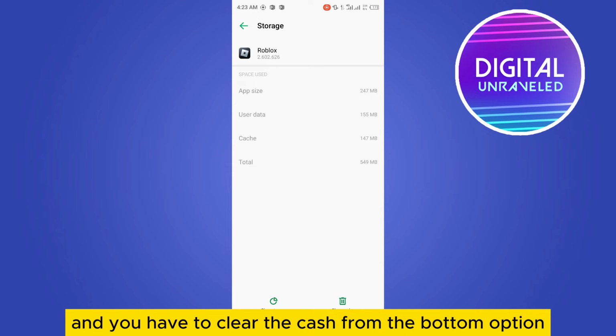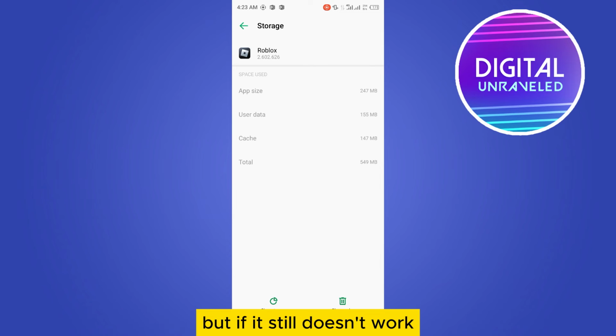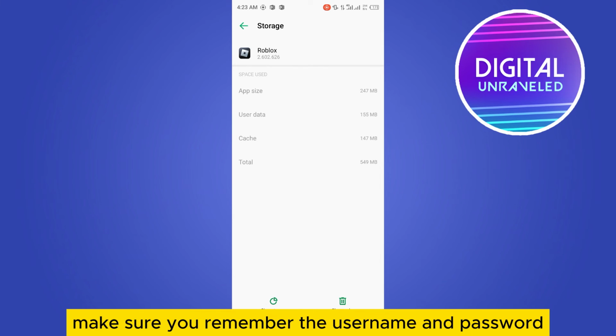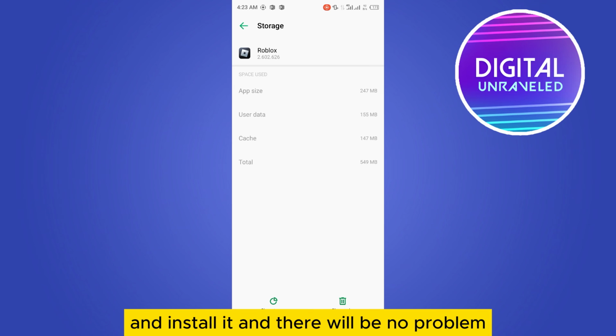cache from the bottom options, or it may be at the top portion, and you have to re-log in to your Roblox. But if it still doesn't work, make sure you remember the username and password and clear the storage. And at last, if this is also not working, then you can uninstall it and install it, and there will